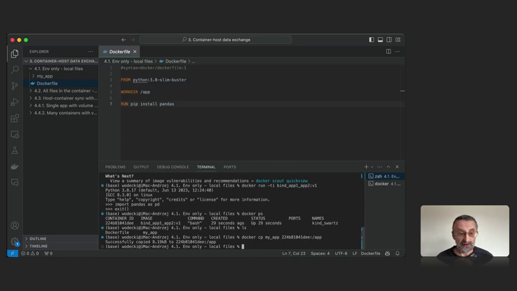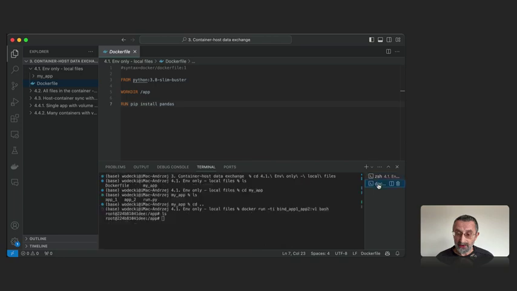Okay, it has successfully copied this, and now we can come back to our container, and once again with ls, if I type ls here, yes, I can see my app. So previously there was no app. Now if I go to this, as you can see, I have this